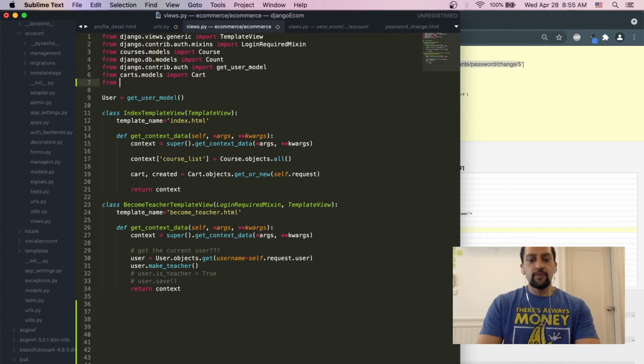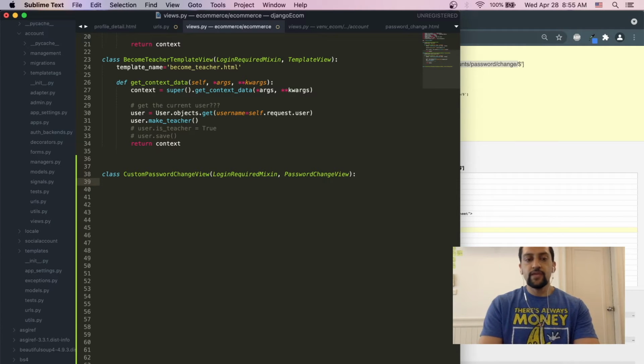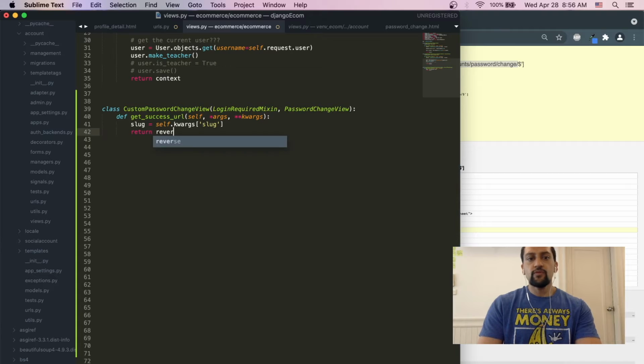import from all auth account views import password change view และข้างหลังใช้ class custom password change view และใช้ login required and password change view และข้างในนี้ผมจะใช้ get success URL และอยากใช้ self args and keyword args และข้างในนี้ผมรู้ว่า slug ของเรามาจาก self.keyword args และใช้ slug และข้างในนี้ return จำเป็นต้องใช้ reverse from Django.urls import reverse และ return reverse อยากไปถึง profiles profile underscore detail keyword args slug เท่ากัน slug slug มาจากที่ไหนครับ slug มาจาก